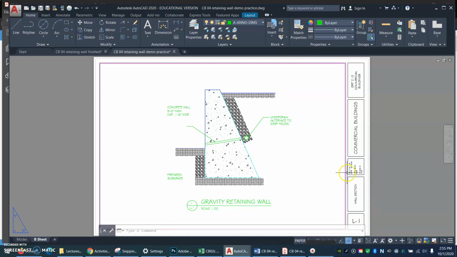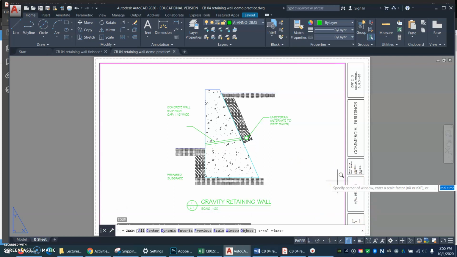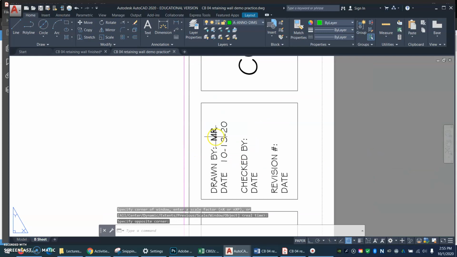Now the last thing to do will be to come in here to the title block and put your initials and your date in here, because this will be